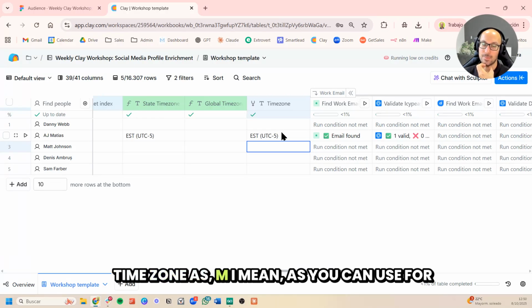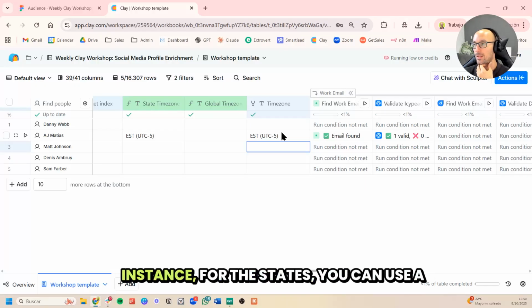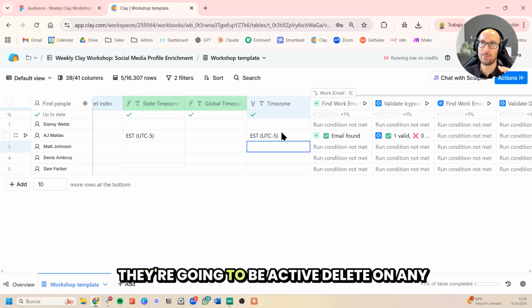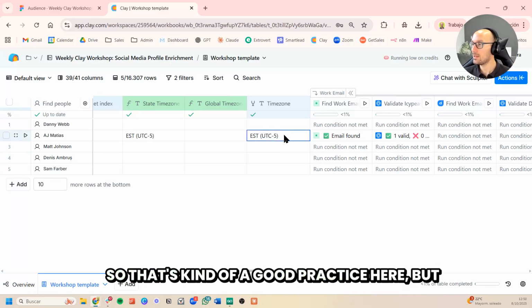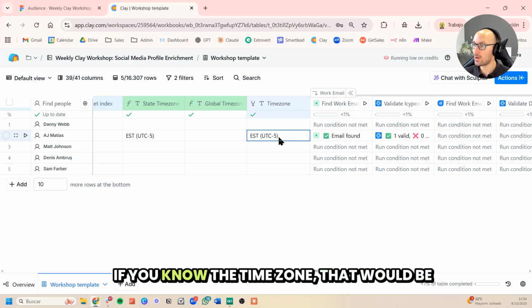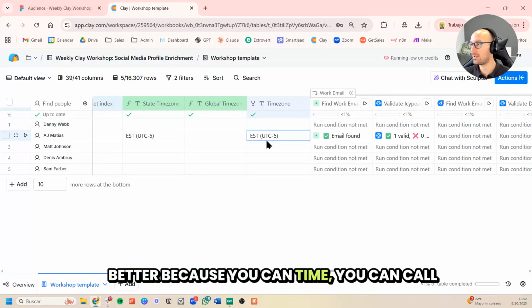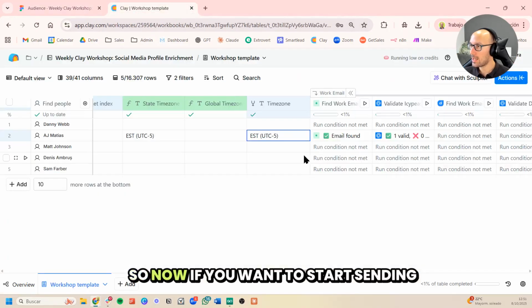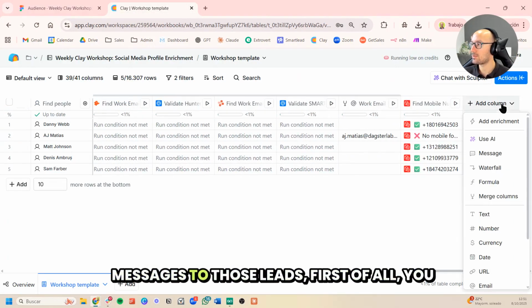For instance, for the States, you can use Mountain time zone, and you can start calling at a time zone that is average. They're going to be active on LinkedIn in any time zone in the States. So that's kind of a good practice here. But if you know the time zone, that would be better because you can call at the best time possible.